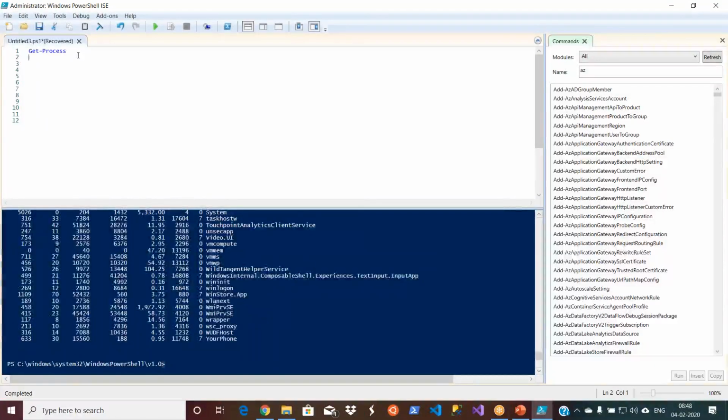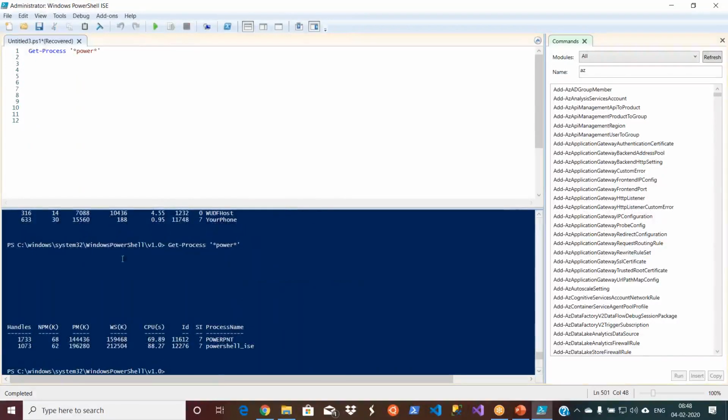We already ran that command, right? I will get only PowerShell related now. So what is the PowerShell ID now? This is the one I got when I ran $PID, right? So this is how we can understand.